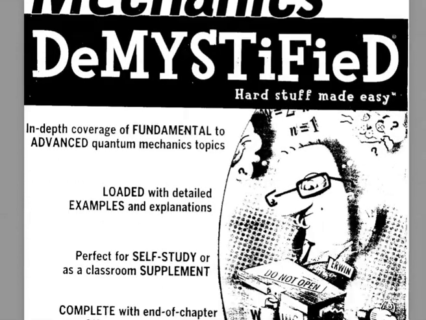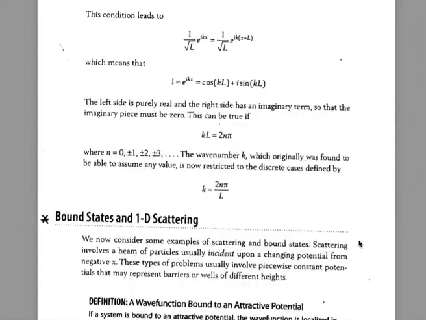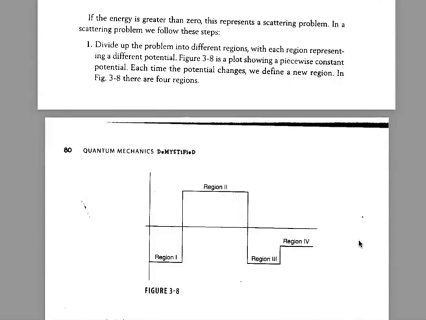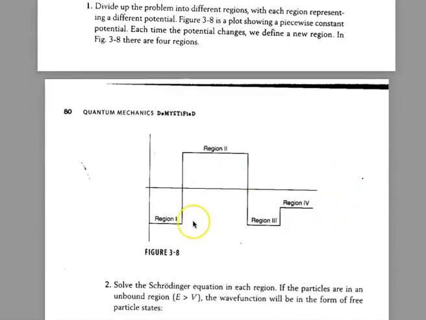Now, I'm taking this from Quantum Demystified. I'm going to skip this portion here, but let me get in right here. So this is the way the potential is going to look. This is potential on the vertical and position on the horizontal. In some region, the potential may be negative here, but then the potential may go up high, positive there, and stay constant for some distance x, and then it may be there. So we have these different situations going on for how the particle encounters a potential, if you will.